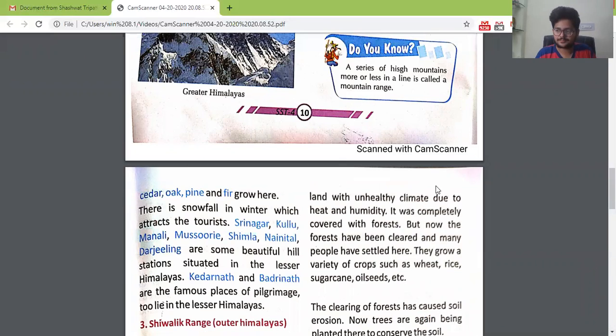So this is the lowest range of Himalayas, and this region gets more rain. How is the weather? The weather is comparatively unhealthy due to heat and humidity. So the climate of this region is most probably unhealthy. It has heat, it has humidity.